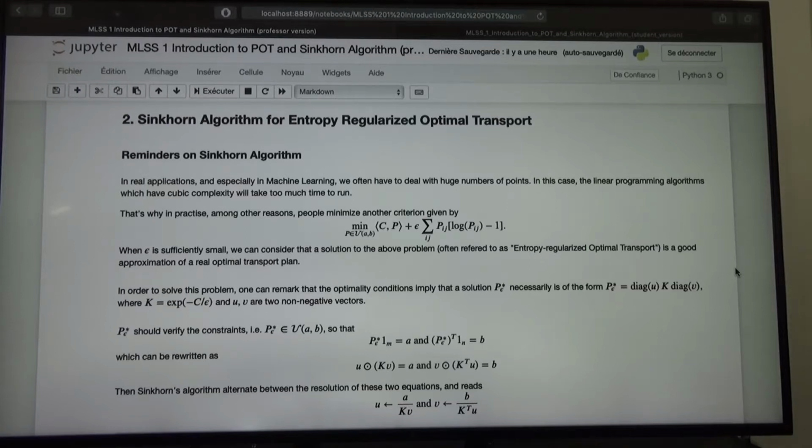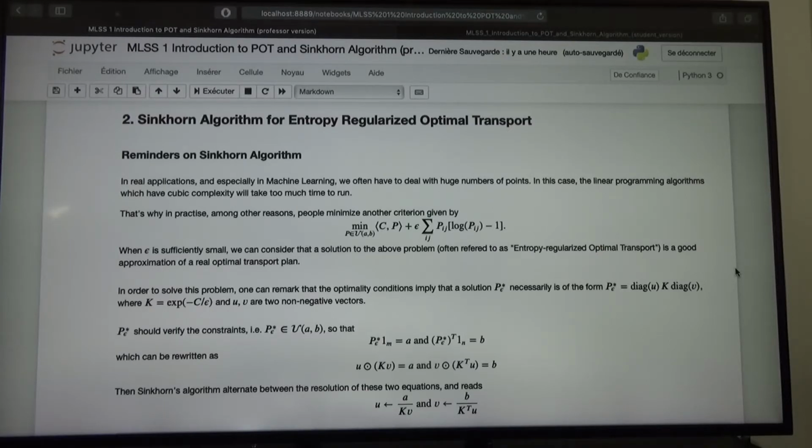And with those Lagrange multipliers, for the different constraints, we're just going to get some optimality conditions on the problem. And those optimality conditions, if you rewrite them correctly, that's actually like 3 lines of computations, you get that the optimal transport plan